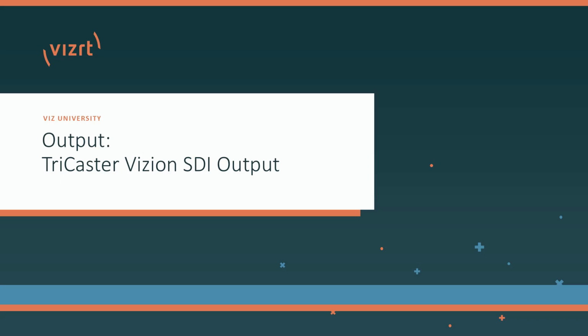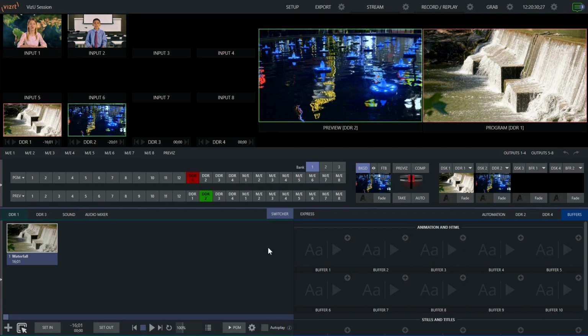TriCaster Vizion systems have bidirectional SDI ports. This means setting up the outputs requires a few extra steps that I want to show in this video. So here we are on the live desktop, and let's take a look first at how our SDI cards are